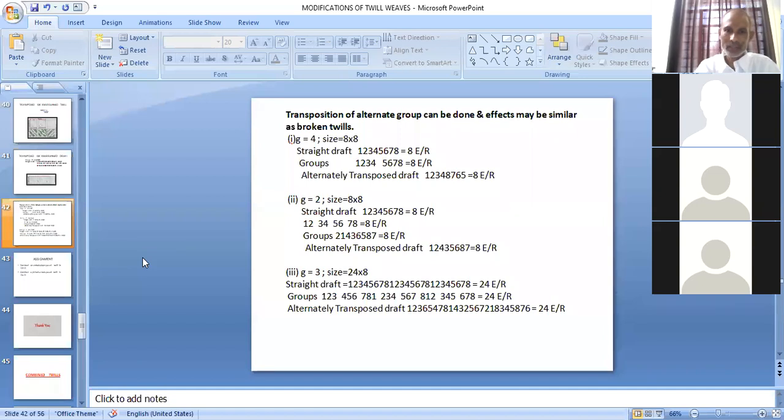Then some other cases I am taking here, which are also used to construct transpose twill. Transposition of alternate group can be done and effects may be similar as broken twills. जो अभी हमने transposition किया है, that was transposition of all the groups. If you remember,